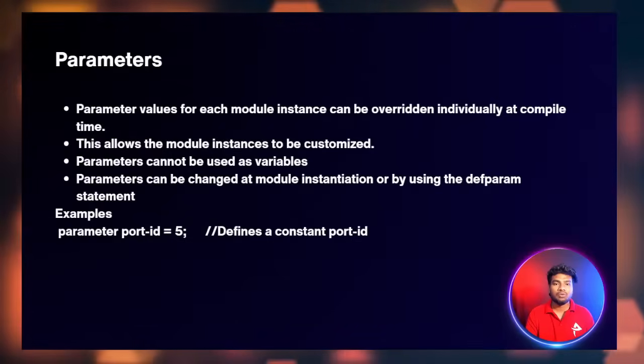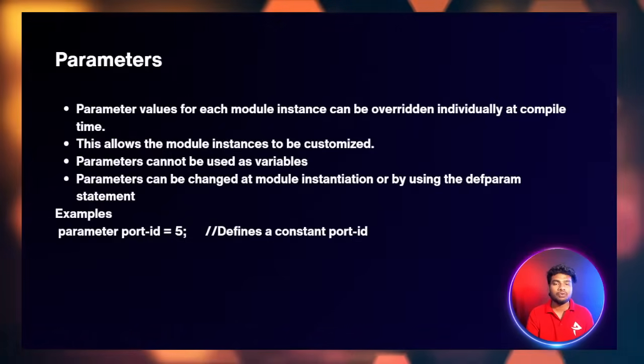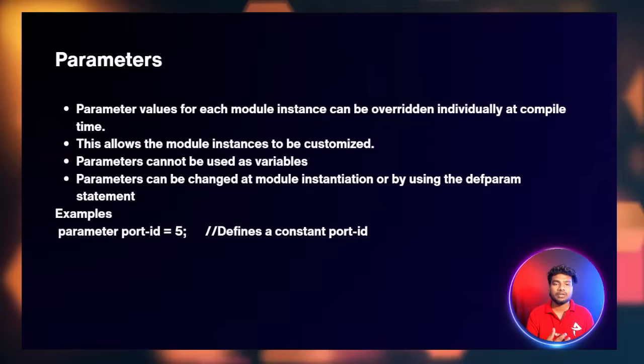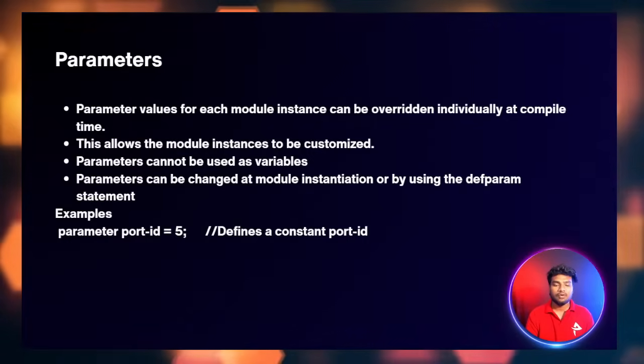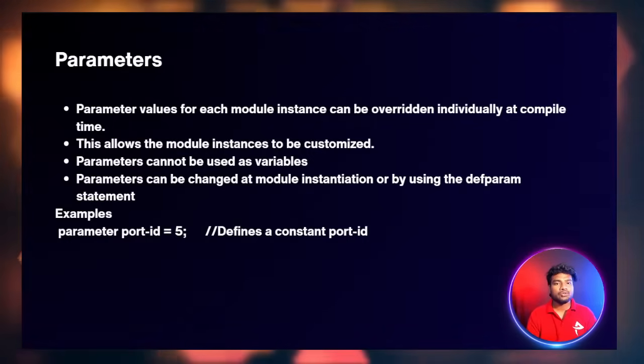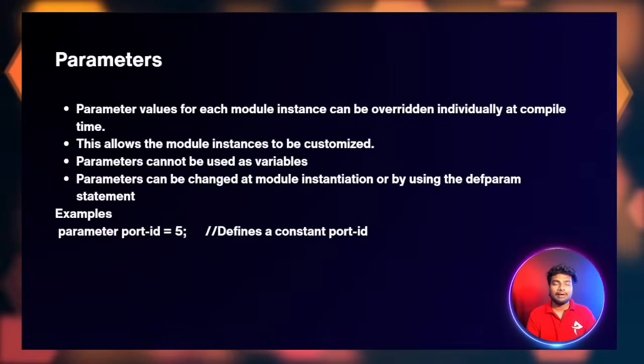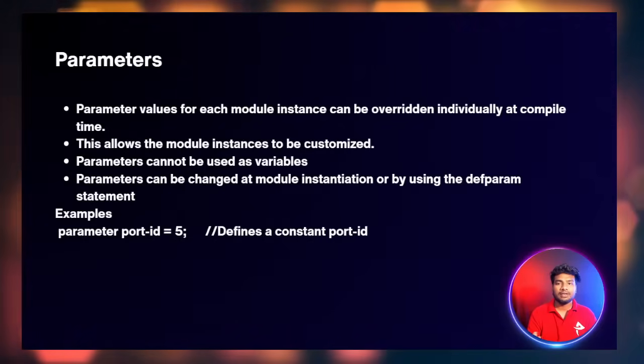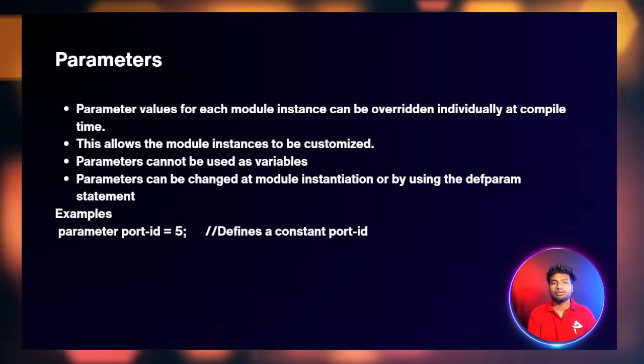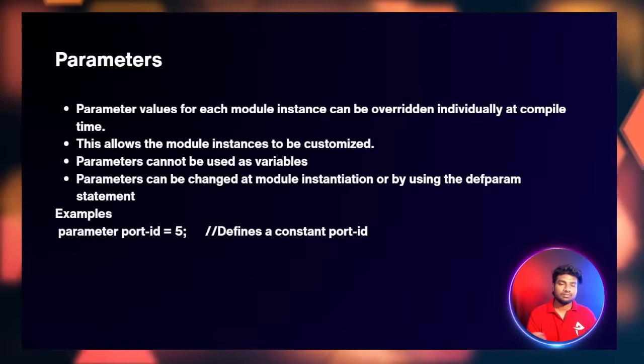You are expecting 0, but it will give 1. You are expecting 1, it will give 0. These are the unknown values, the x values. It may be 0 or not, we don't know. While dealing with simulation, we can see the output as x. X means unknown values.